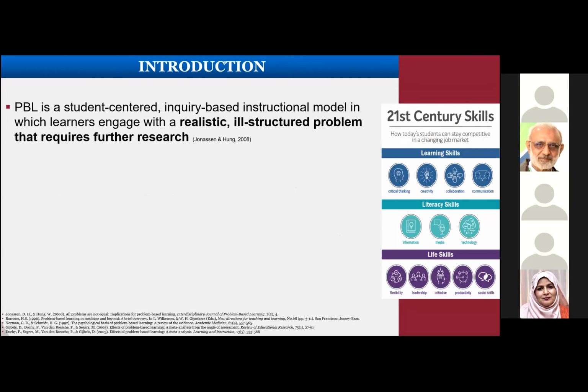Okay. We all know that there is a lot of concern about the 21st century skills going on, when we say that the workforce of the university students is not well prepared for the jobs. So the PBL is one of the best ways of teaching and learning, in which these problems which the students face are very well tackled. So that is why the PBL was introduced, and the PBL has become very, very popular because of this reason.